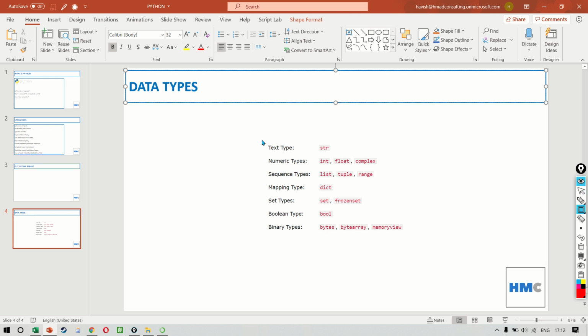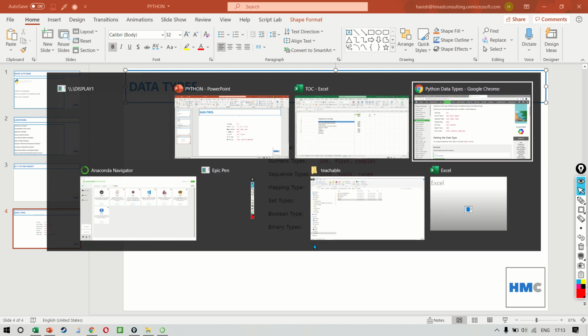The categories are text, numeric, sequence, mapping, set, boolean, and binary. And all the different data types have been mentioned here. Now, I will not cover it right now. As we do more examples in all our lectures, we will be introducing all these different data types as and when required. So coming back to Jupyter,